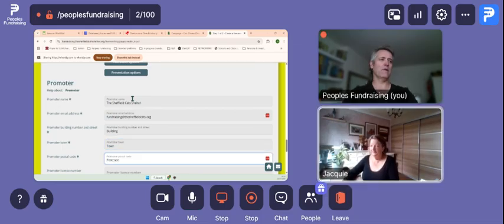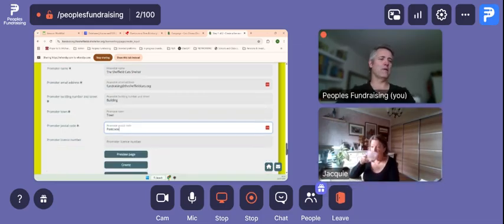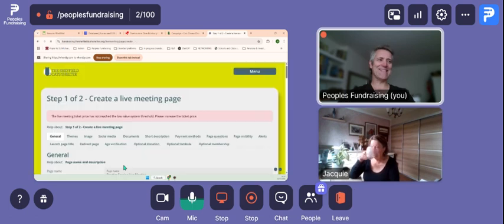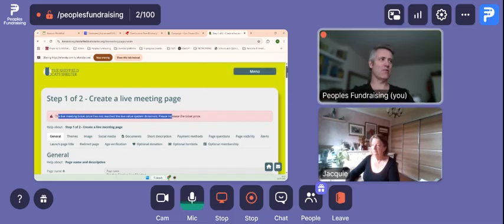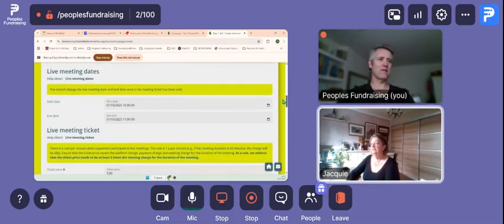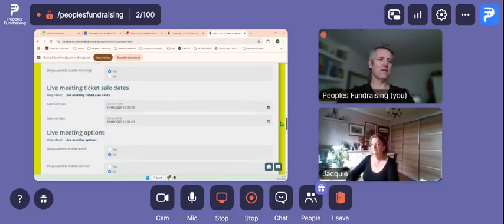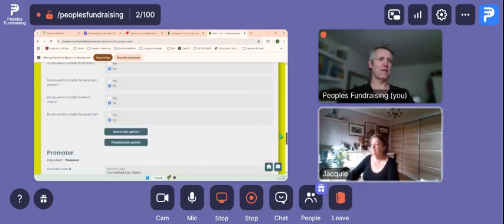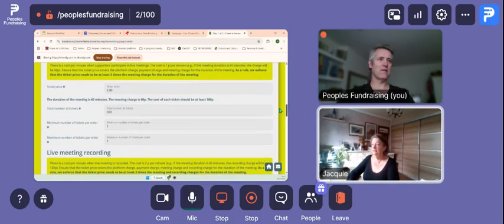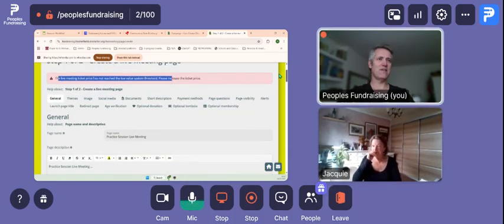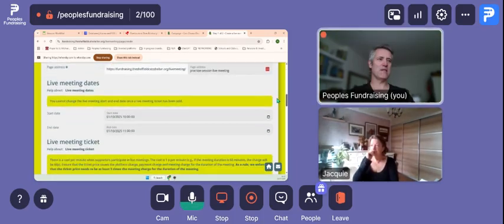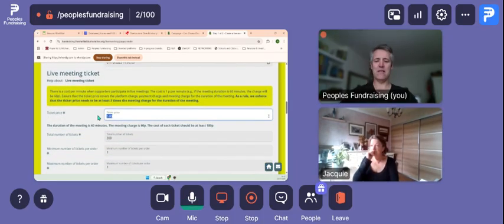Yeah, I'll do that. Okay. And so you just press create, and also the live ticket price. They don't think it's enough. It's the £305, is it? So what does it say? The live ticket meeting price is not really shop. Please increase the ticket. That's because of recording. Let's try £10